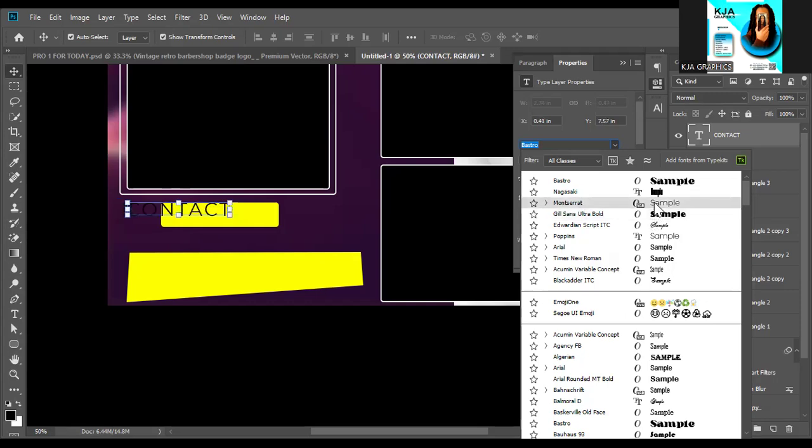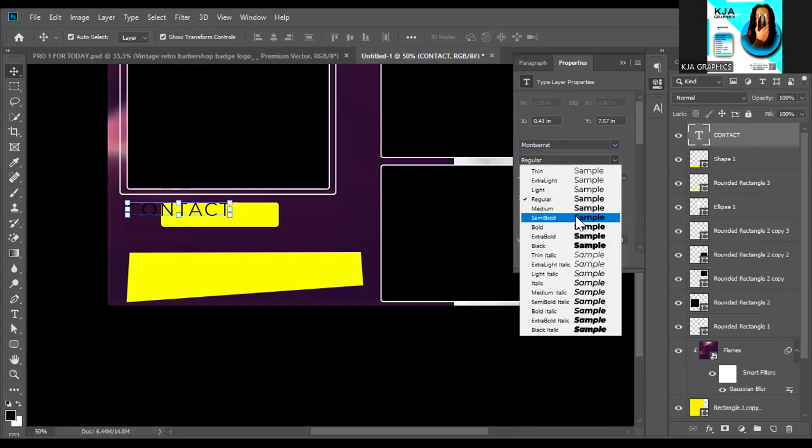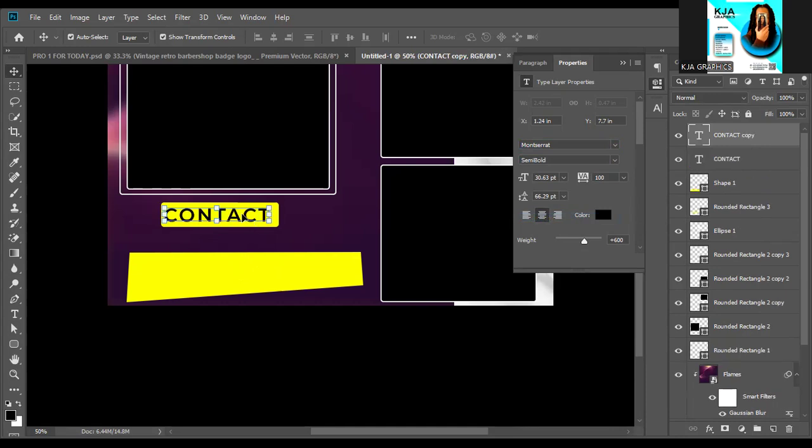Let's use Montserrat rather. So as we go to Montserrat, we go to semi-bold. It's okay. Then we move it above. That clear? Now the next thing for us to do is to also write our